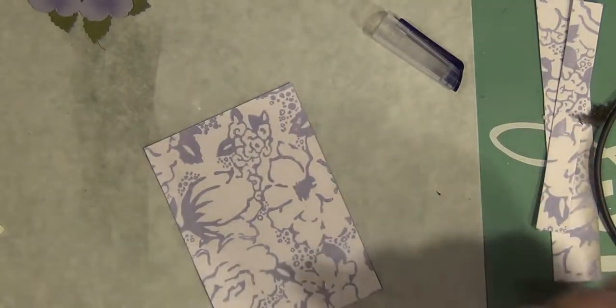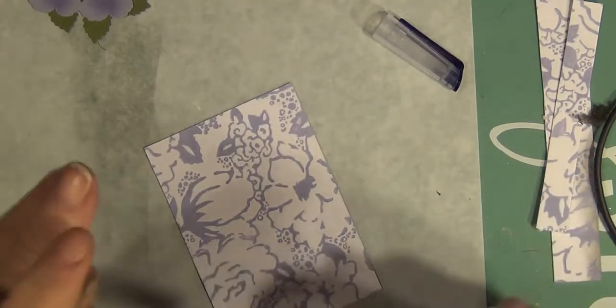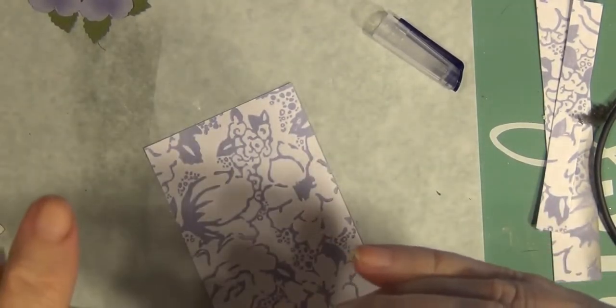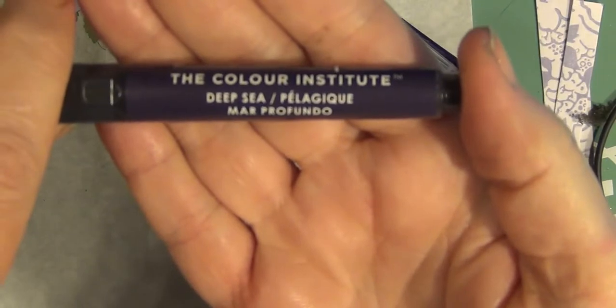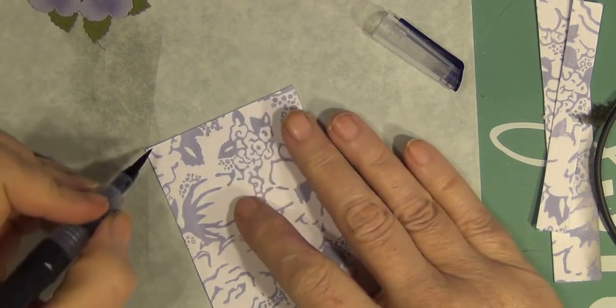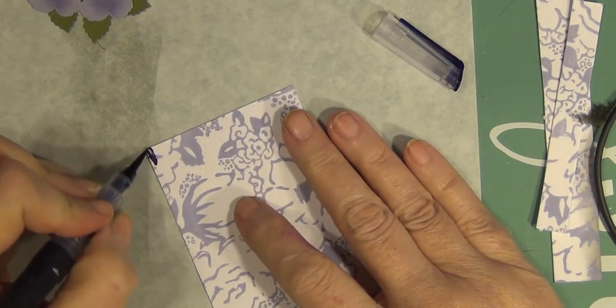So I still have the Wink of Stella in my hand. This is one of Jane Davenport's mermaid markers, and this one is called Deep Sea. It's a little purpley, and I want to do just a very casual